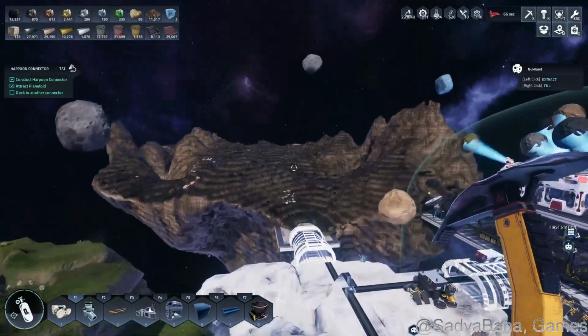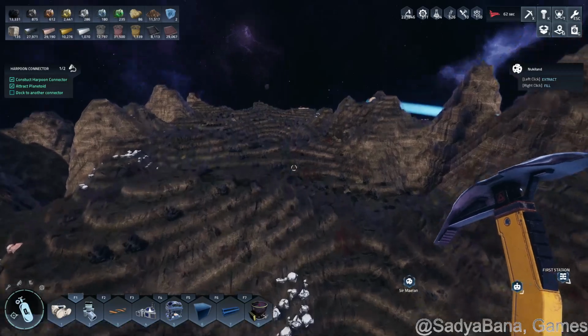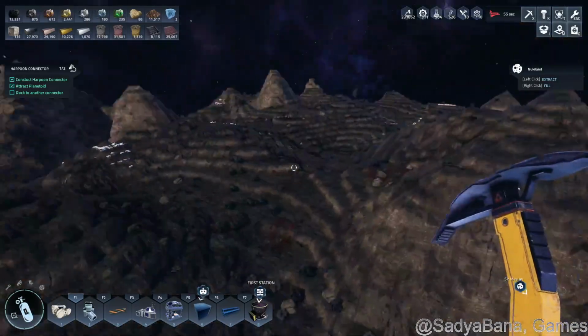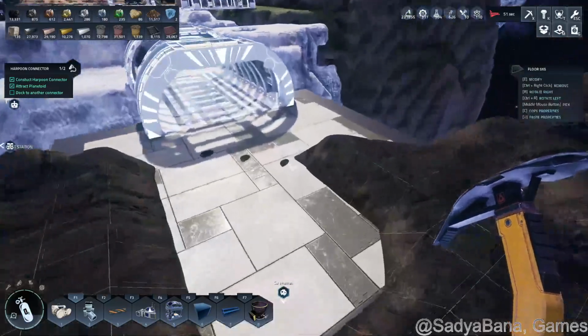And then over here is another one. This is our newest one I've docked with. I don't have any farmers built here yet, but I'll get to it and then I'll start sending them out to mine this platform. Okay,